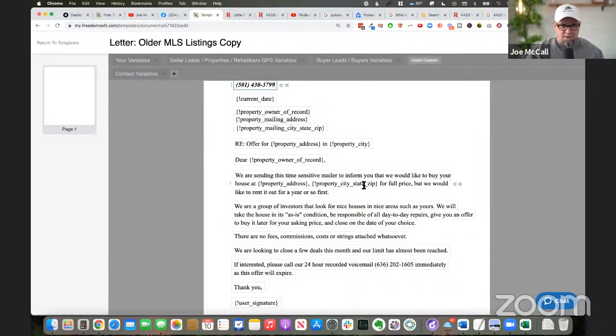We would like to buy your house at address for full price. Let's do full list price. But we would like to rent it out for a year or so first. We're a group of investors that look for nice homes in nice areas such as yours. We'll take the house in its as-is condition, be responsible for all, I'm going to capitalize all, the day-to-day repairs,